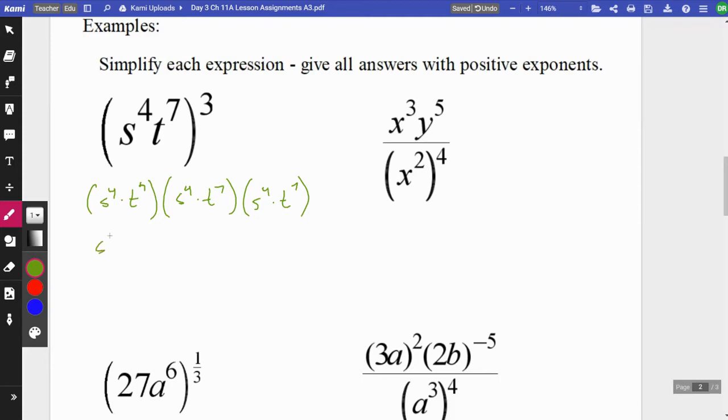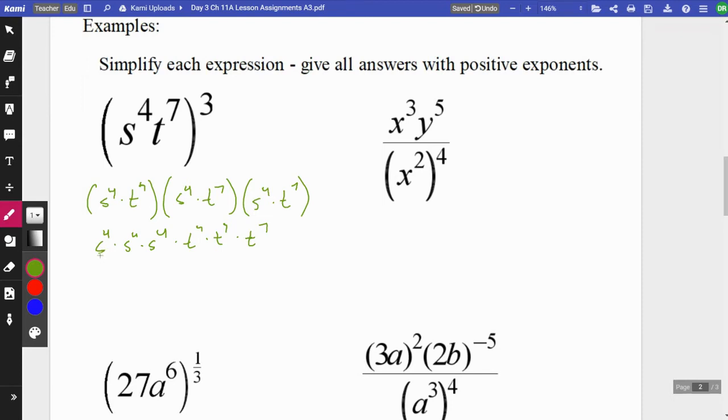And we would say, well, it's just s to the fourth times s to the fourth times s to the fourth times t to the seventh times t to the seventh times t to the seventh. And again, that's the commutative property. I just rearranged them so that the ones that could be multiplied together are next to each other. And s to the fourth just means s times s times s times s, and so the property of when you multiply